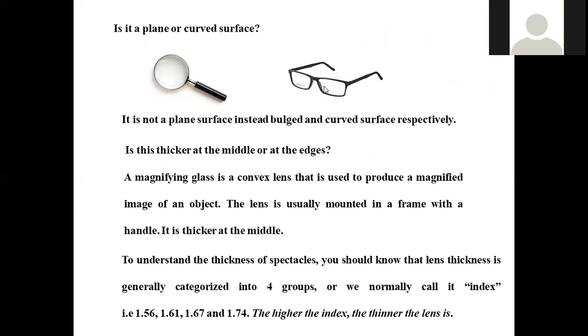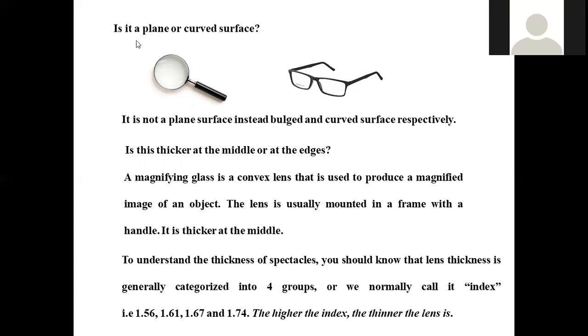When you see the glasses, so spectacles, what happens? Its shape depends upon our vision defect. So in some cases we can use convex lenses, in other cases concave lenses are required. In that way, the spectacle shape depends on whether it is curved or plane. So obviously it will be curved, but that is concave or convex. Concave is nothing but inner side curvature will be there, convex is nothing but outer side bulged surface will be there. So the kind of lens depends upon the type of vision defect we have, right?